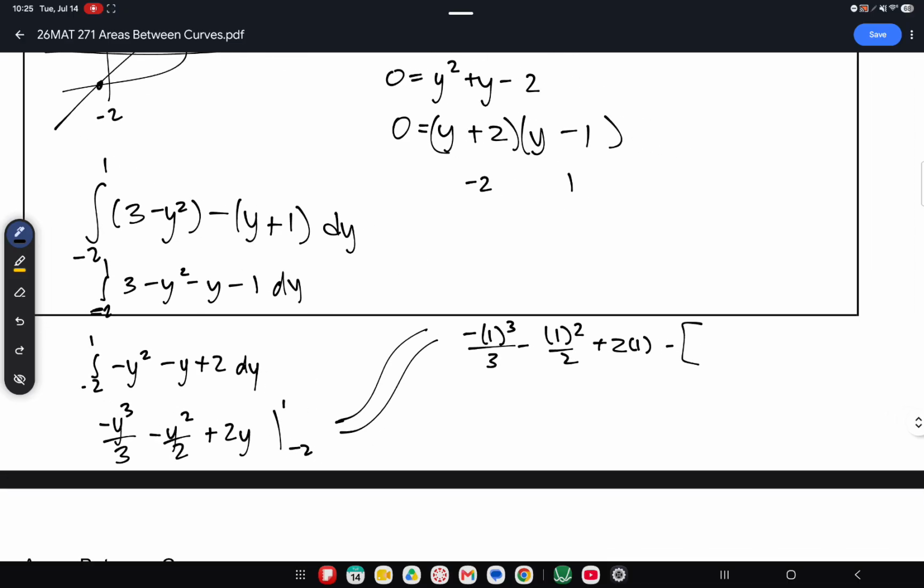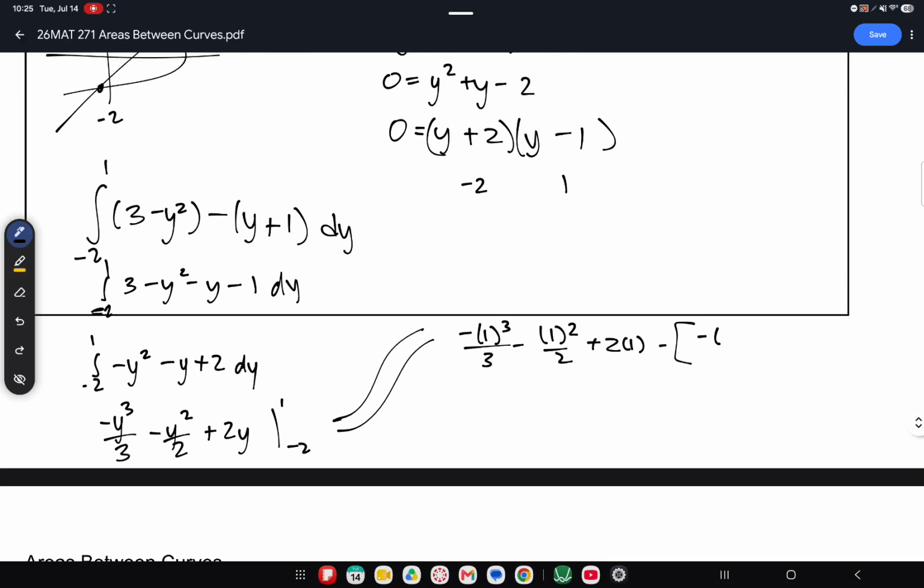And then subtract off if I substitute a -2. So -2 cubed over 3 minus -2 squared over 2 plus 2 times -2. Let's see what we get. So negative 1/3 minus 1/2 plus 2. Do some side work here. So that'll be